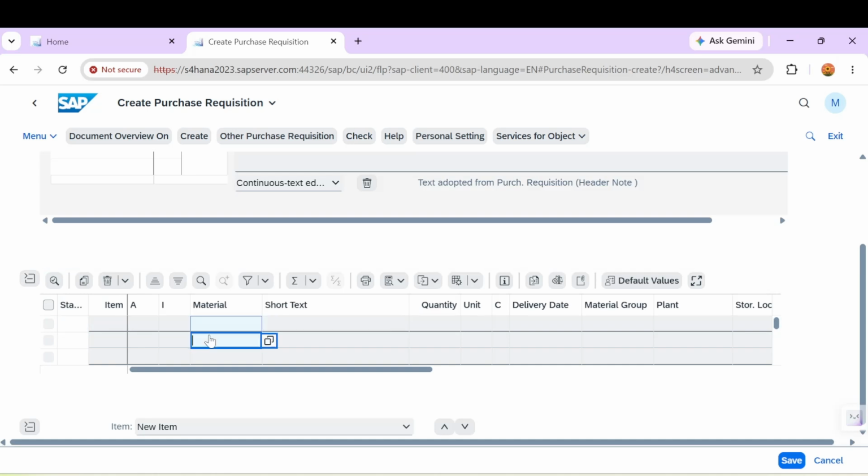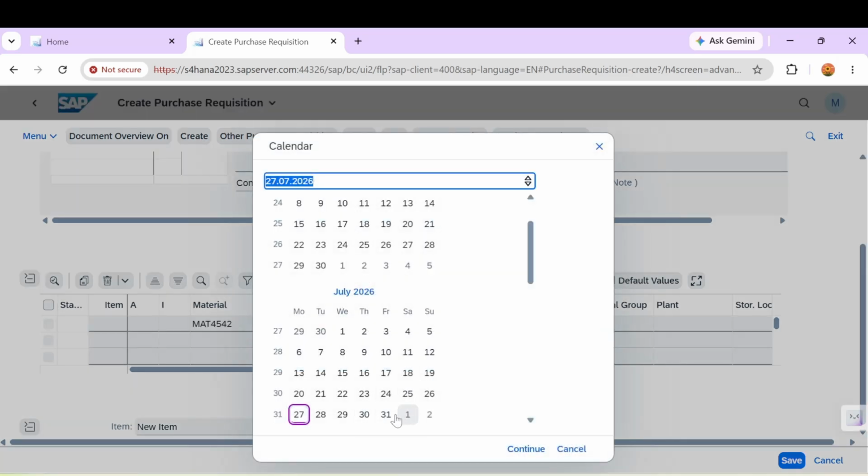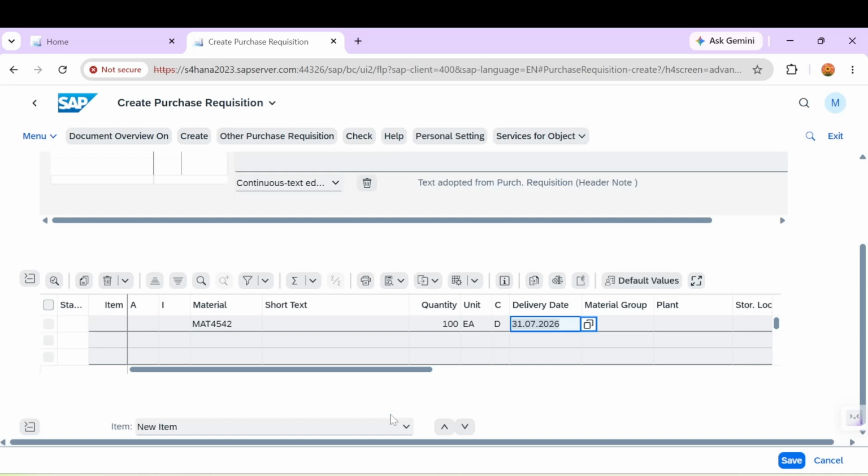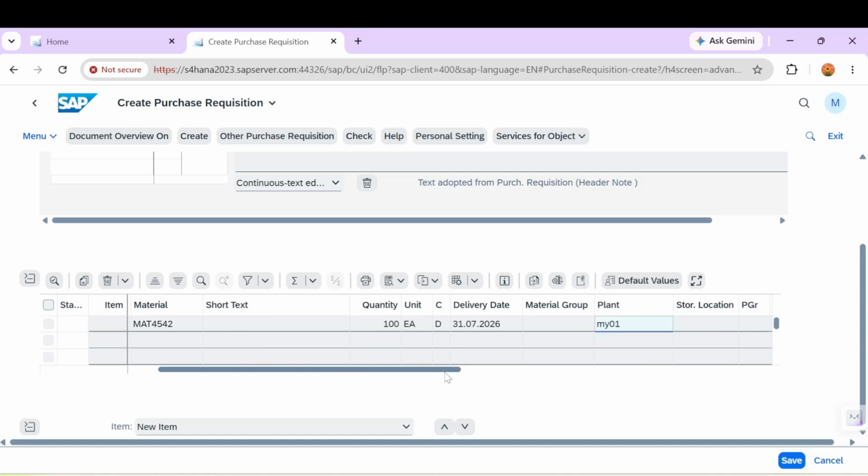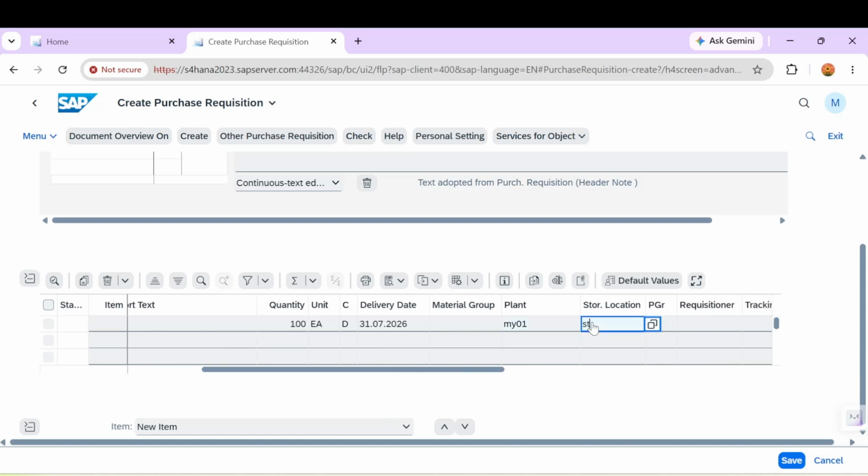Here I'm giving my material number, quantity, unit of measurement, delivery date, plant, storage location, purchase group, requisitioner.